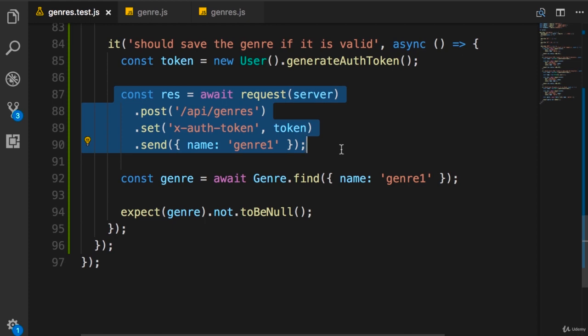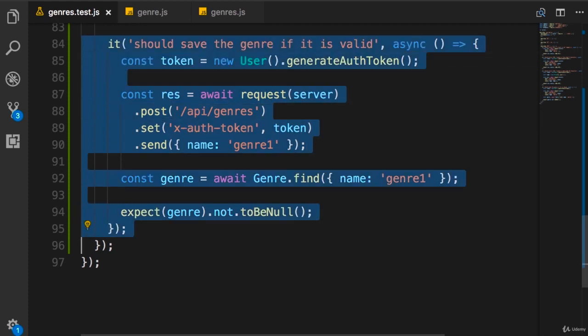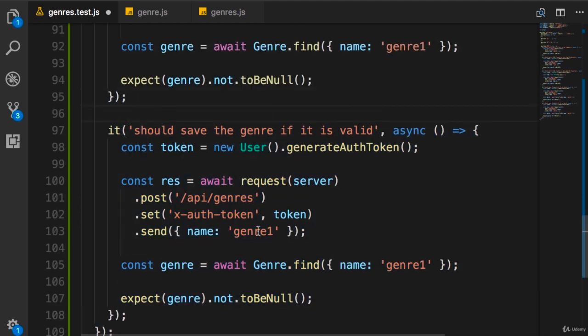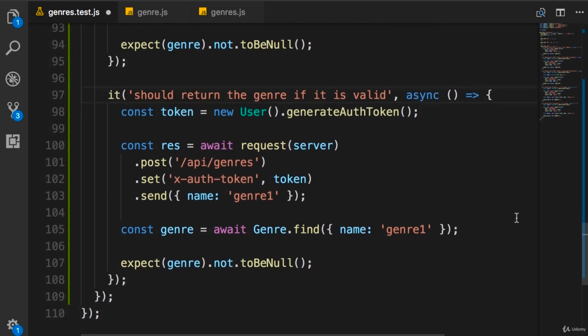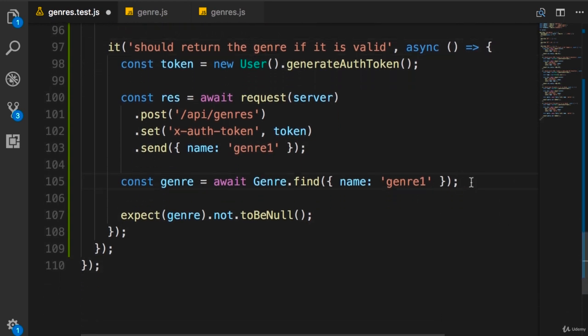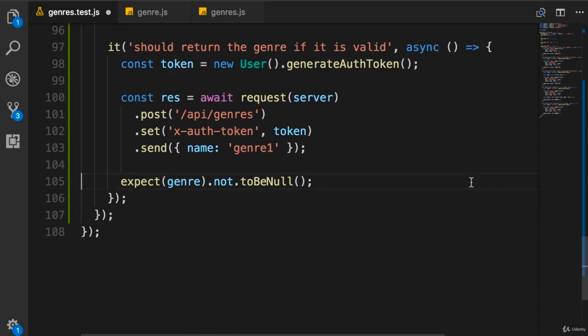Now the last test. We want to make sure that this genre is in the body of the response. So one more time, let's duplicate this test. Should return the genre if it is valid. So in this test, we don't need to query the database. We simply look at